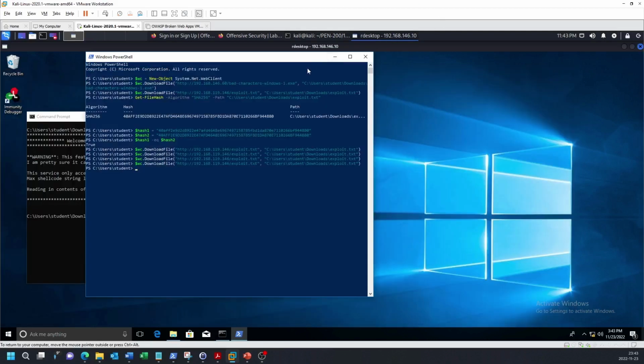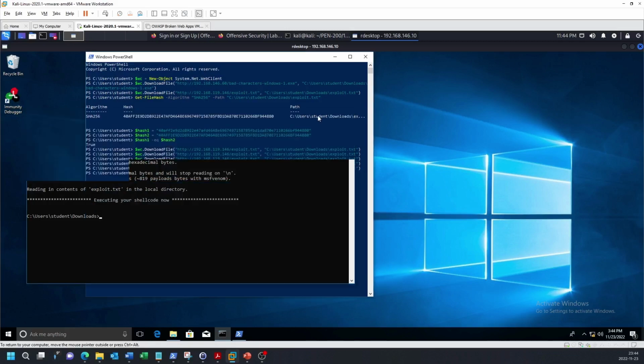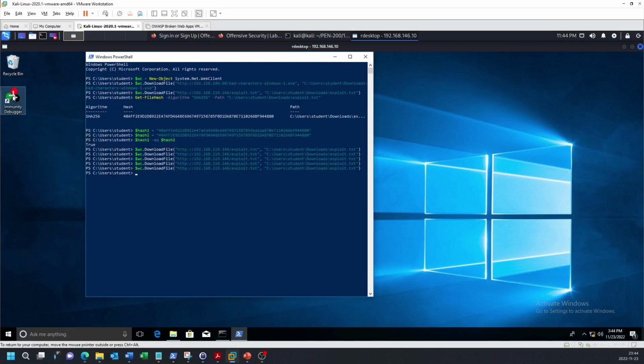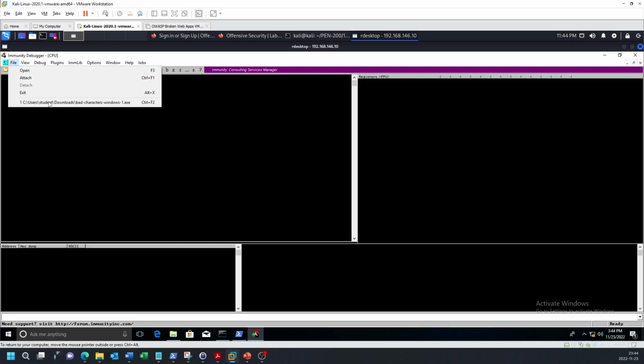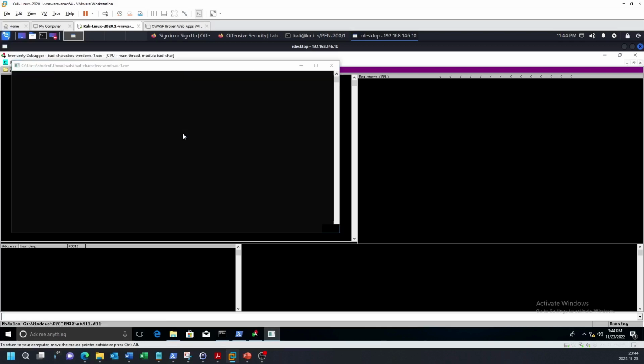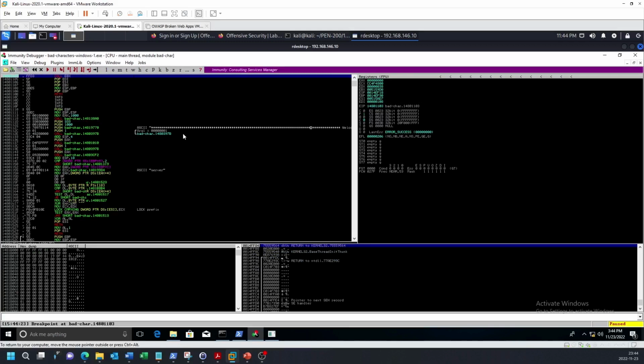Back in Windows, we download a new copy of the exploit.txt file. Run Immunity again and open the exe file. Press F9 to run the application until we hit the breakpoint.